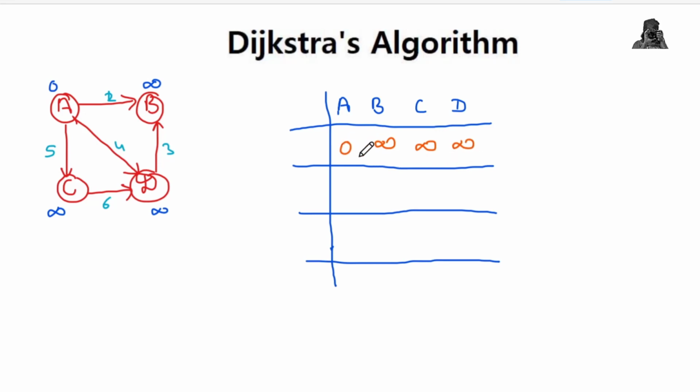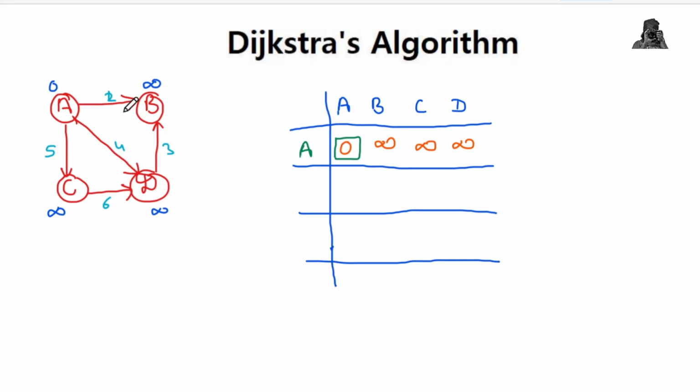Now we need to select the lowest from this. As per the principle of Dijkstra's algorithm, we need to select the vertex with the lowest distance. So this is selected here because 0 is lowest out of all of these distances. So A is selected here. Now we need to check is there a need to update the values of other distances. So that we can do with the help of a condition. So let's now check.